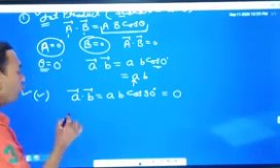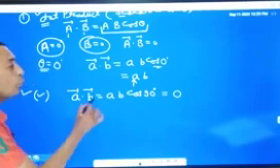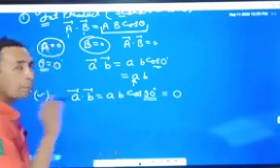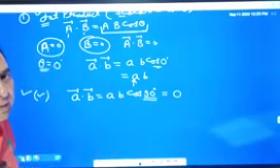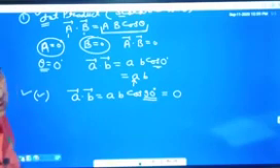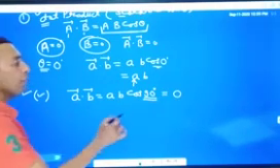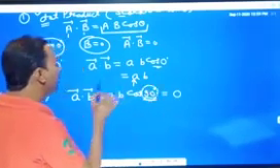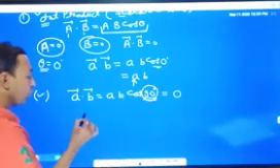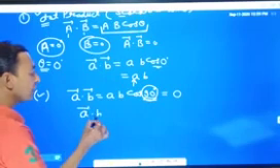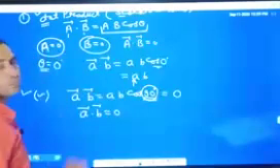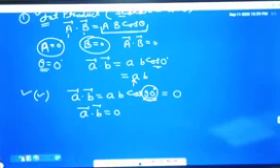If two vectors are perpendicular to each other, what is the angle between these two vectors? That is 90 degrees. When the angle between two vectors is 90 degrees, then the dot product of those vectors becomes 0. When two vectors are perpendicular to each other, then a dot b becomes